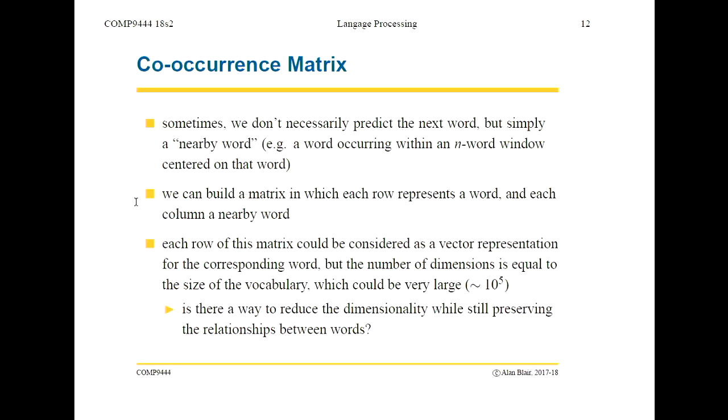Okay, so what can we do to do better? Well, what we can do is generate a co-occurrence matrix. So this is similar to the 1-gram model, but we actually get a symmetric matrix. We don't worry too much about the order. So if A follows B,